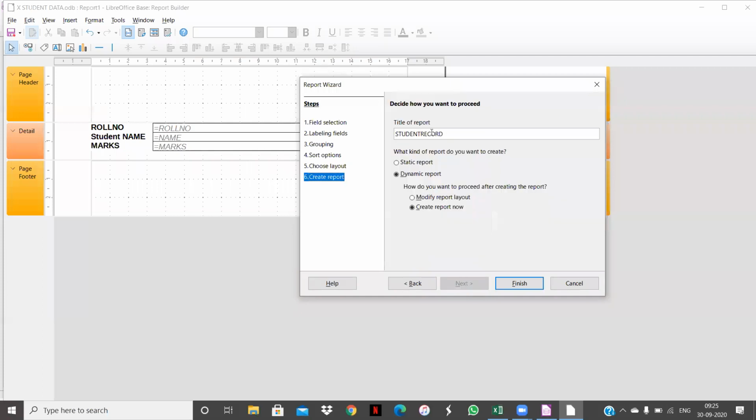Now it will ask from you, decide how you want to proceed. Means, what is the title of the record you want to set. Suppose that I'm writing student record, or you can say student report. Because this is report, I'm just going to write the name student report. Clear? Now click on finish.